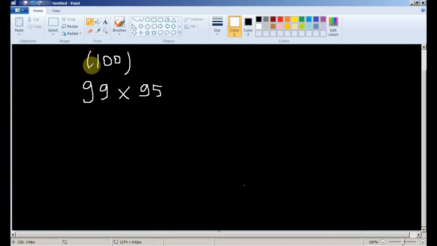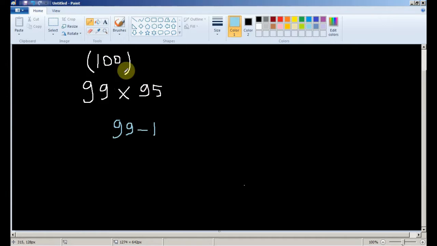When we are doing multiplication with a single digit, 10 is our nearest base, but when you do multiplication with two digits, you have to choose the base as 100. The first thing is to write down the number and the difference between the number and the base. So 99 and the difference is just 1, so you write -1. If this 99 is less than 100, you should write a negative sign and the difference value.